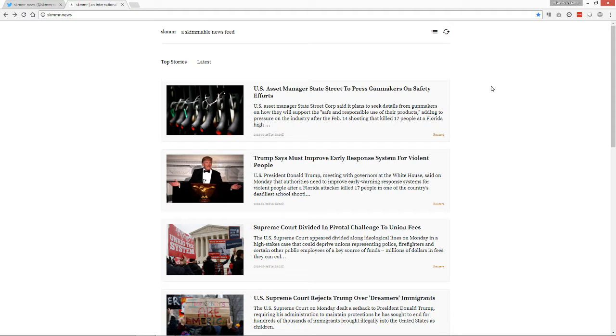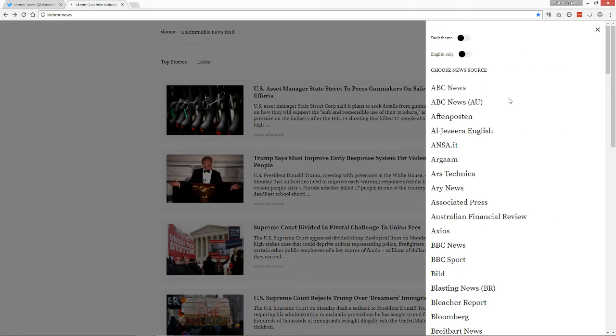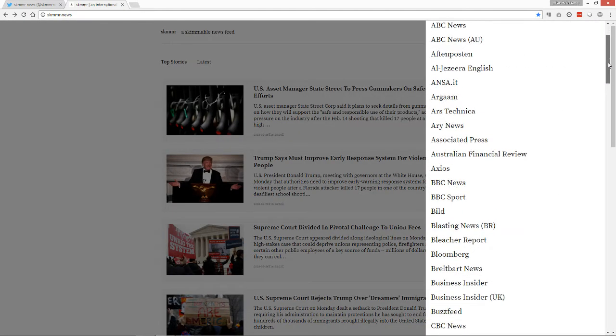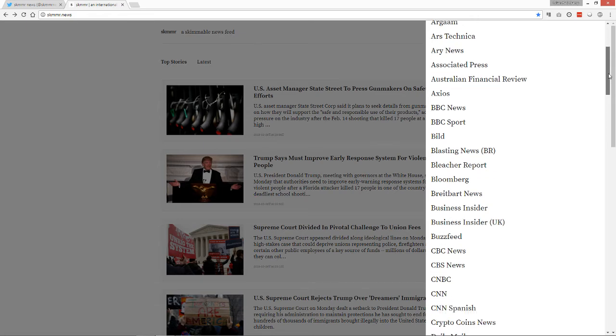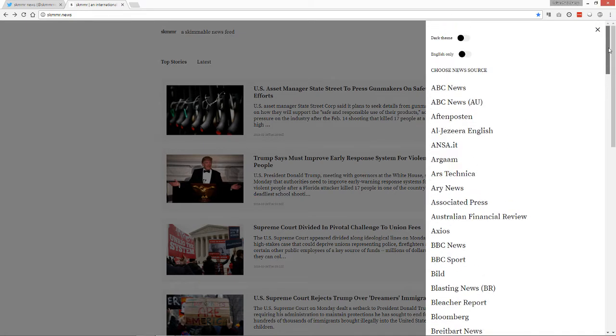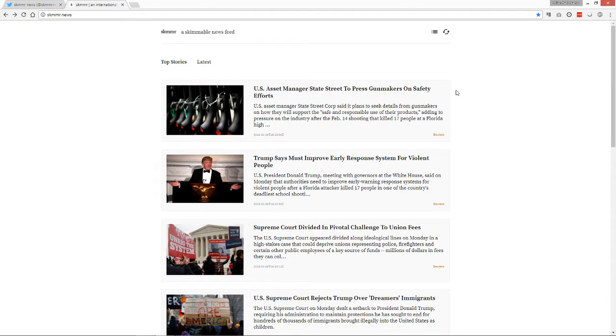Now it pulls in news feeds from over 100 reliable, trusted, well-known news sources from around the world, both news sources and blogs. And let me just take you through some of the features in the app. You've already seen this is the sources menu. For each source, you get two options. The default option for each source is to show the top stories, up to the minute top stories for that news source. So right now we're looking at Reuters, and Reuters is an international news source, and these are the